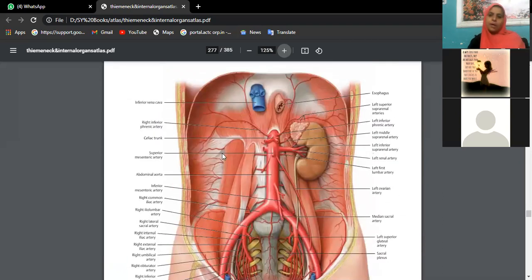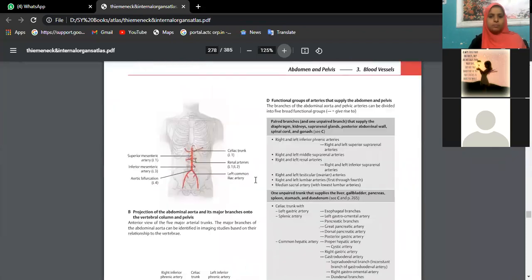Testis here, kidney is removed. Once the kidney is removed, we are finding the PQT structures that form the posterior relation of both kidneys. Name them, Ritika. What are these three muscles? Meghana, I repeated thrice. Psoas major, very good, quadratus lumborum, excellent, transversus abdominis, excellent, beta. Psoas major, quadratus lumborum, and transversus abdominis form the posterior relation of the kidney. Okay, nice. Very good, beta.